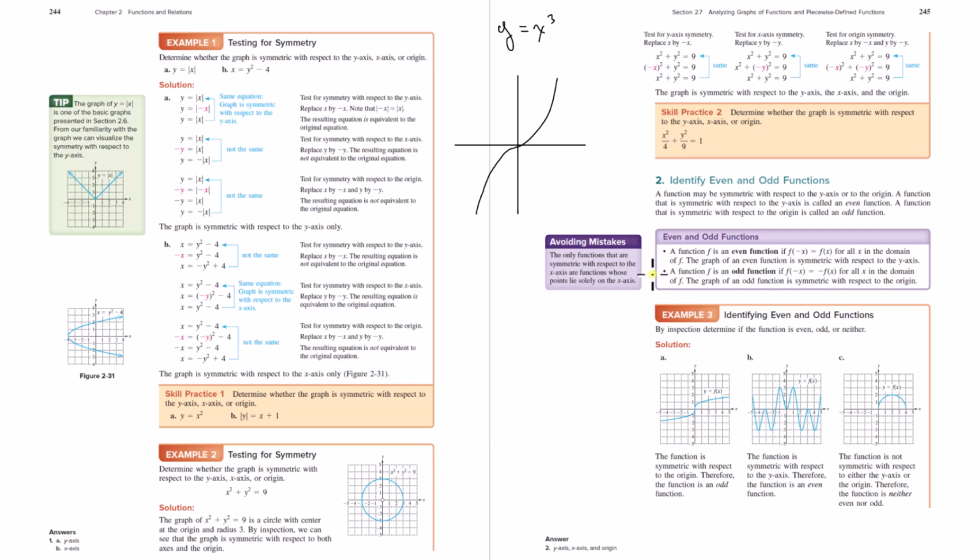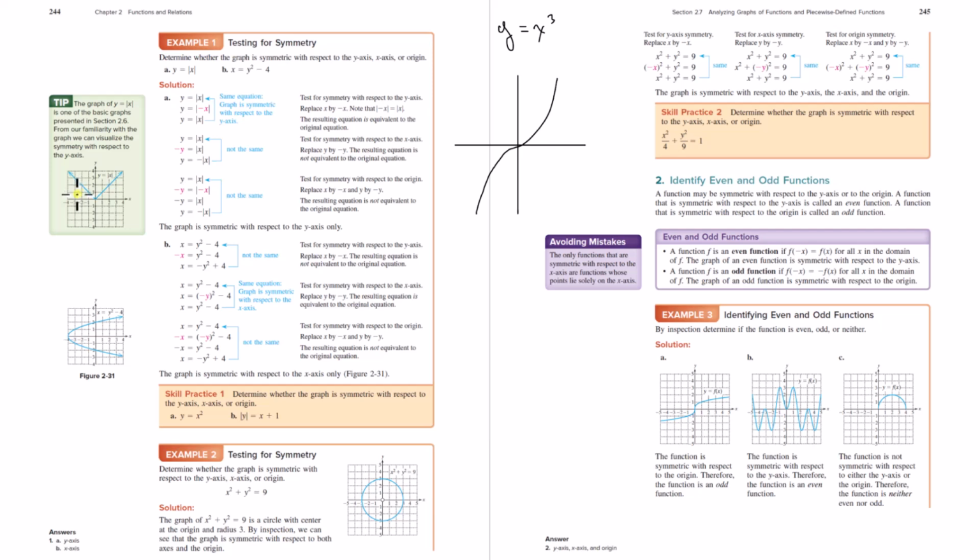And so how do you test a function to see if it's even or odd? Well, the only difference is you'll have this f of x notation instead of the y. But it's the same thing. If you want to test to see if a function is even, what are you going to do? Well, okay, this function here, y is equal to f of x. You could make this y is equal to the absolute value of x. You could say that's f of x is equal to the absolute value of x. It's symmetric with respect to the y-axis because you replaced, what